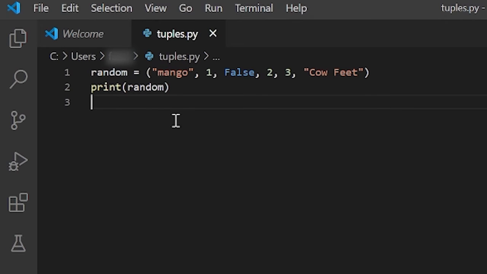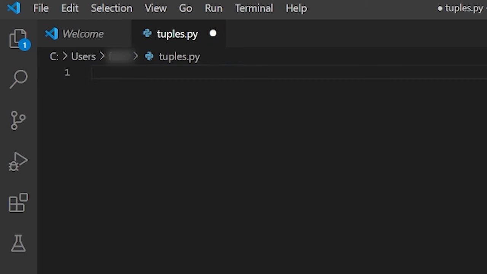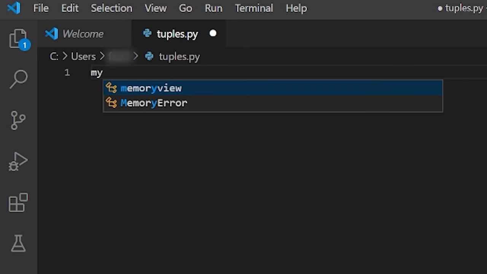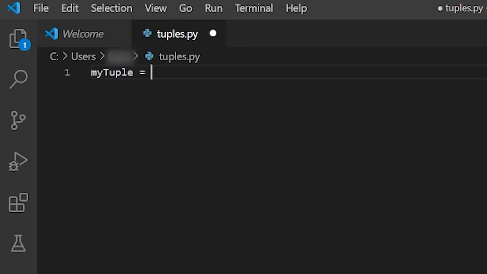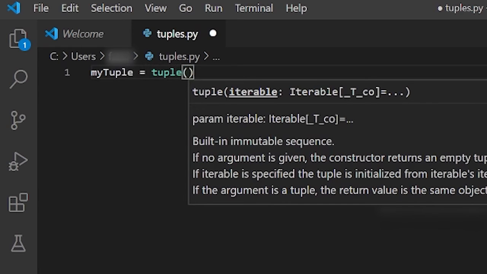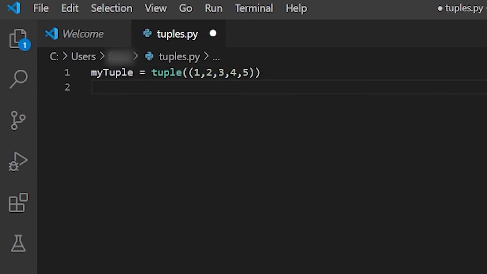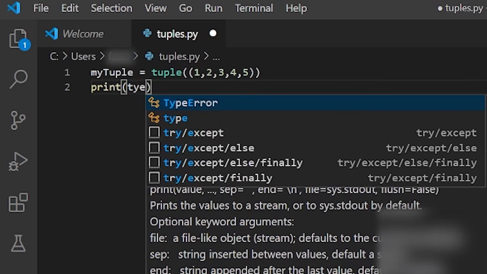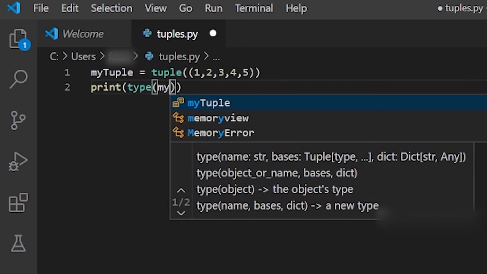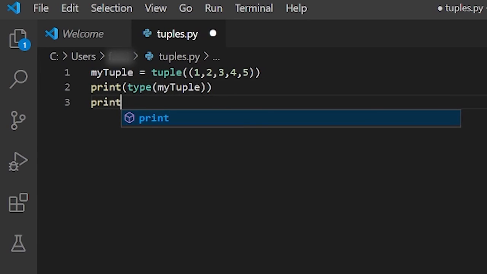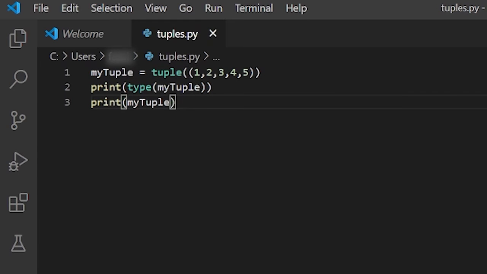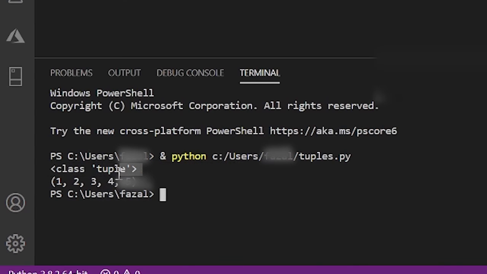And finally, in order to create a tuple, you can also use the tuple constructor. And in order to do that, just do this. I'll just call this my tuple equals tuple parentheses and another set of parentheses 1, 2, 3, 4, 5. And now let's print the type of my tuple, and also let's just print my tuple. So let's run this, and we get the class is tuple, and it has the items 1, 2, 3, 4,